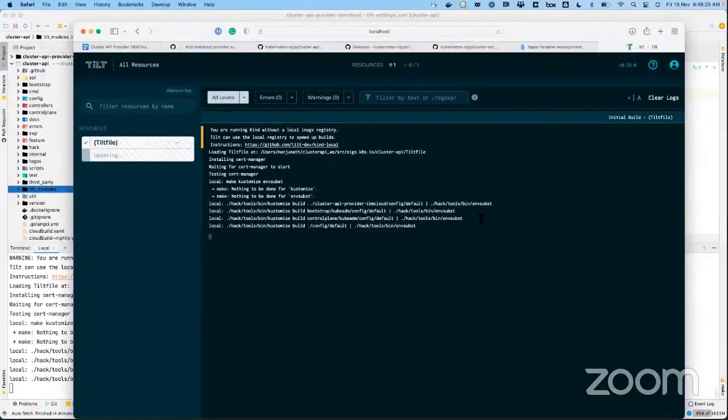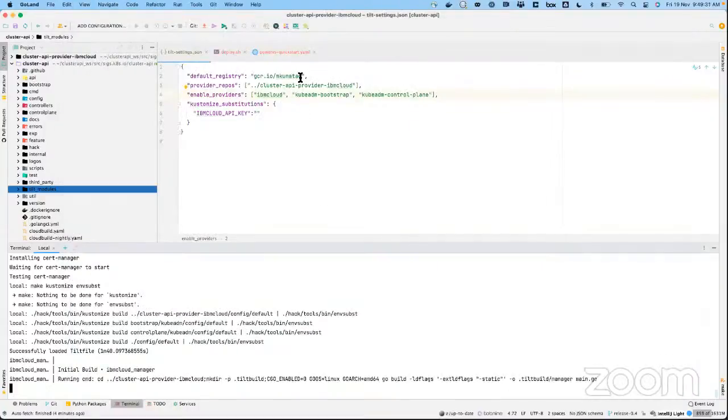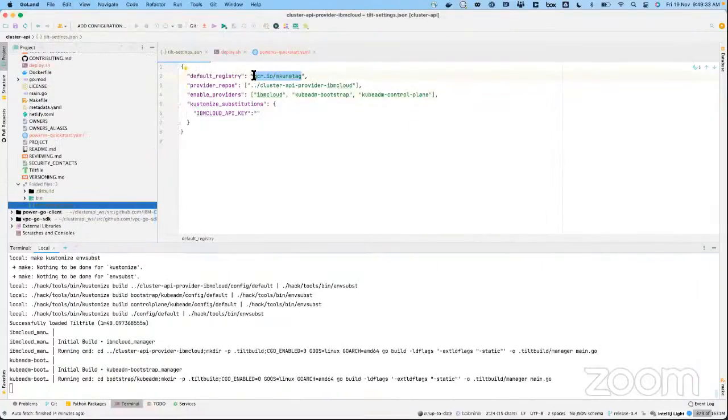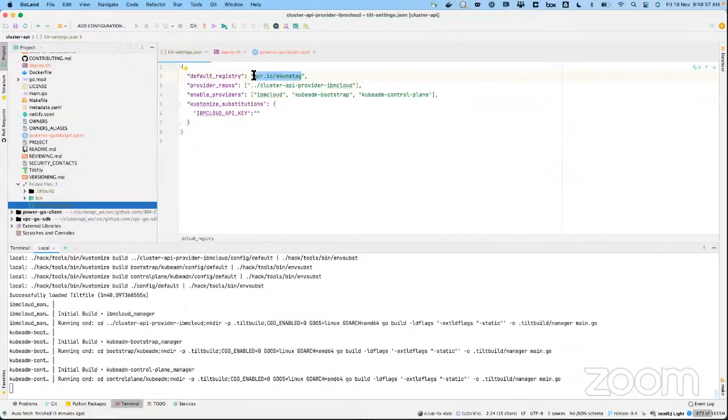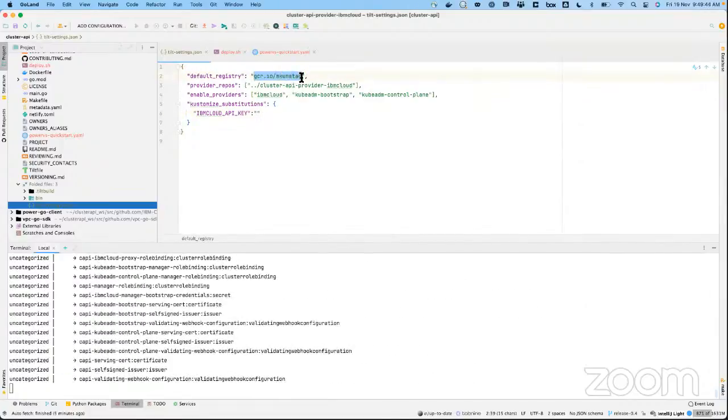Yes, Manju. And previously there was a registry. What is the purpose of the registry which you pointed to? Oh yeah, so basically this is used if you want to push your image to some registry. But I just pointed to some text, some registry in some text. It's not necessarily that it should exist.